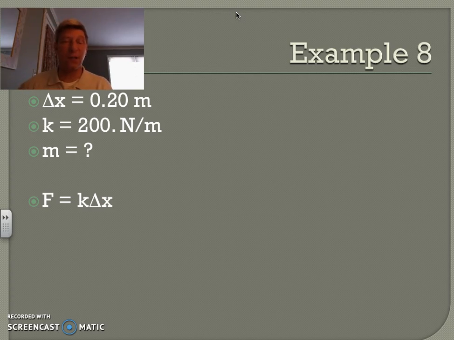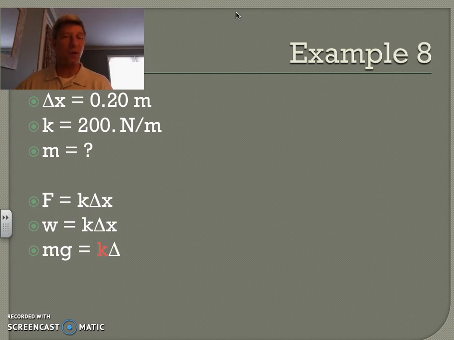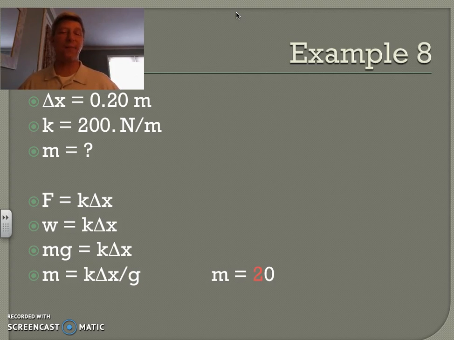Now we have the spring constant and delta x in our laundry list. But we also know that the force that we're applying to the spring in this example is weight. We know that weight, of course, is equal to mass times the acceleration of gravity. And so F equals kx, W equals kx, and now, of course, m times g equals kx. We can rearrange this equation algebraically to solve for the mass as k times delta x divided by the acceleration